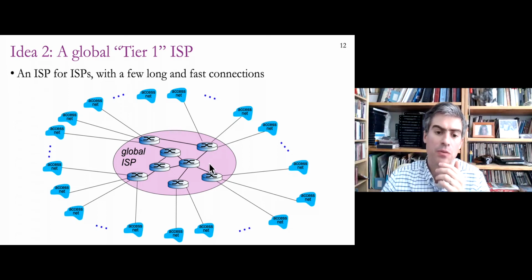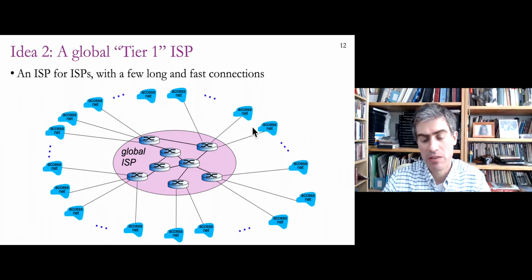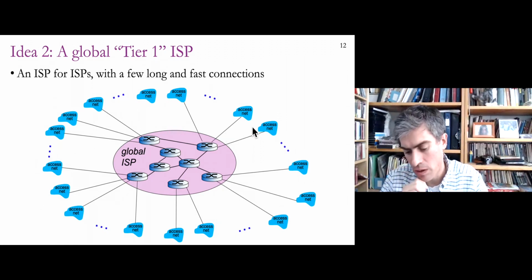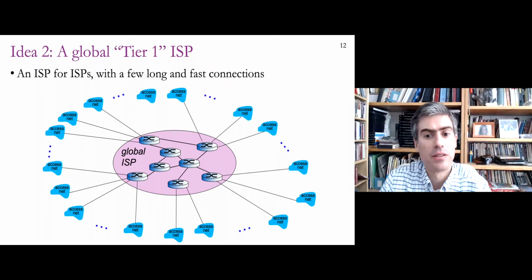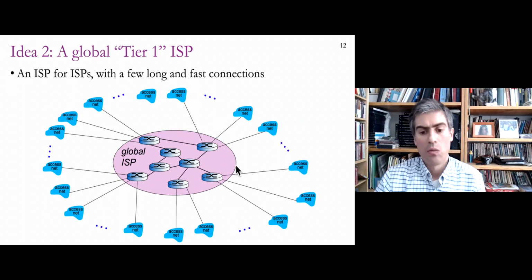So that's a way to create a much more efficient set of interconnections. But there's some downsides to that. The main one is the amount of centralized planning and control that this requires. Like, everyone needs to agree. One organization needs to decide where to build those links and who to connect to. And by doing that, they can do it very efficiently, but everyone has to agree to use that one internet